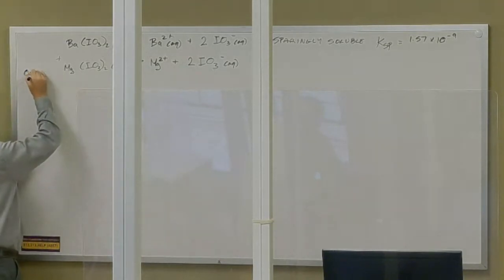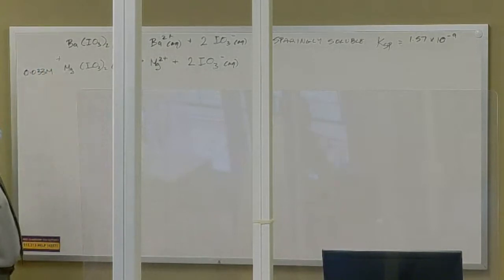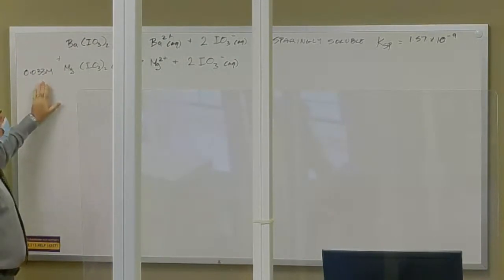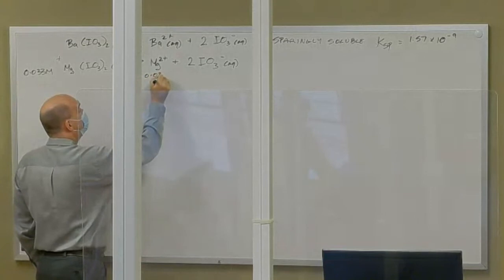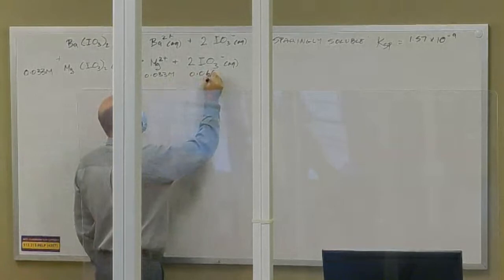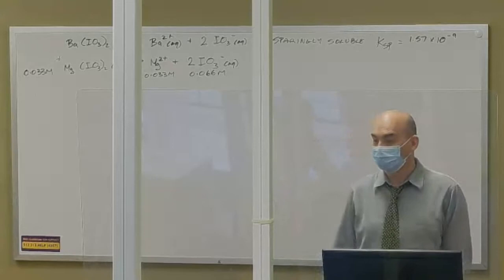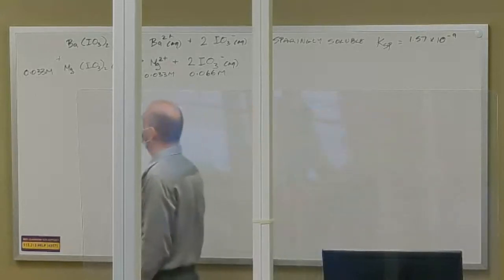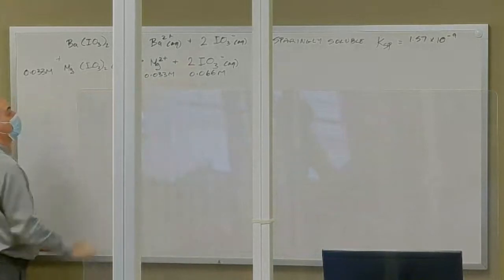I have 0.033 moles per liter of this, which means, because that has no problem dissolving, that there is 0.033 moles of this, and there is 0.066 moles per liter of that. Twice as much, all right? If I have 1 mole of this, it makes 1 mole of that, but it makes 2 moles of this. So